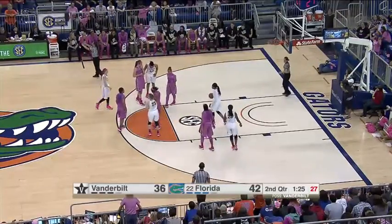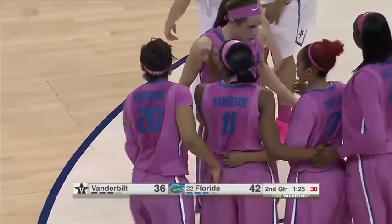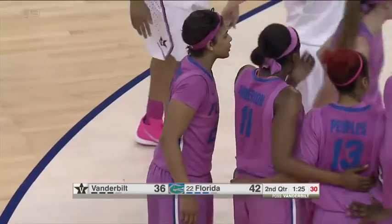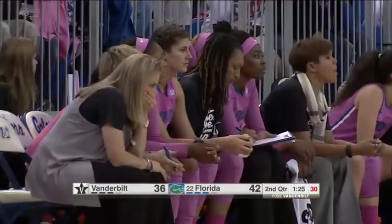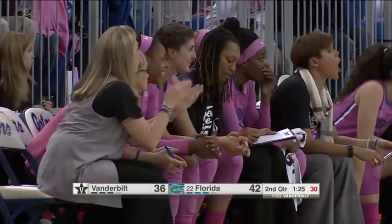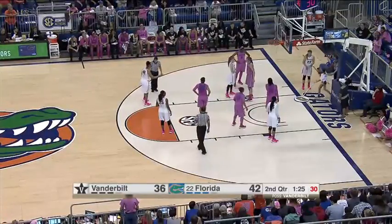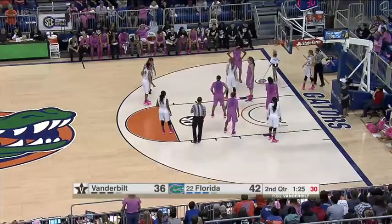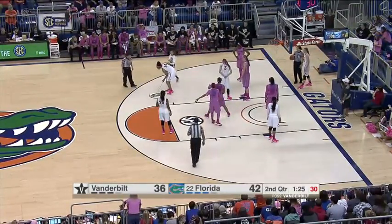Now all of a sudden becoming a foul fest. That one's on DeAndre Anderson. Yeah, we're seeing the refs really call a lot tighter right now than in the first half. Spears will trigger it in on the baseline left for Vanderbilt. At the shoot-around today, saw Florida working on defense for their inbounds pass. Let's see where